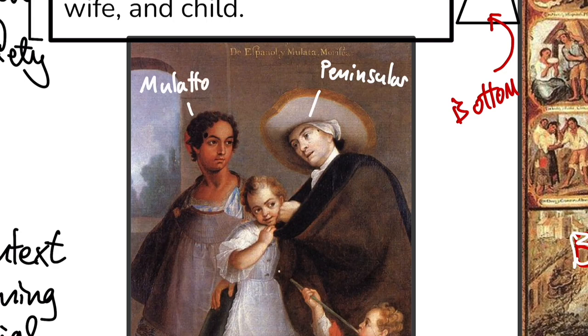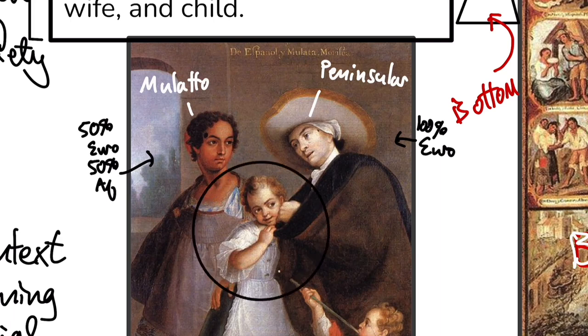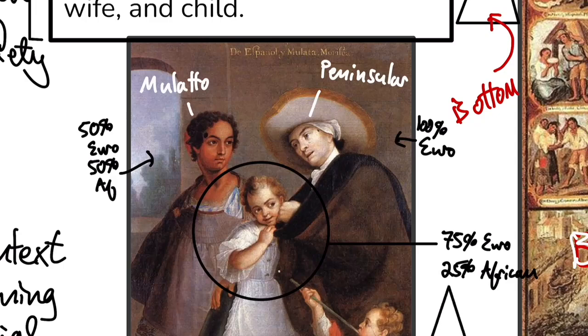What's the main idea here? The main idea is that you have different castas, okay, different percentages of racial heritage within this painting. So it's not just a painting of everybody is European or everybody is Native American. Instead, you have multiple different casta levels within a family. You have a peninsular, a European. Here you have a mulatto woman. And then you have their children, also mulatto, but they would be different percentages,